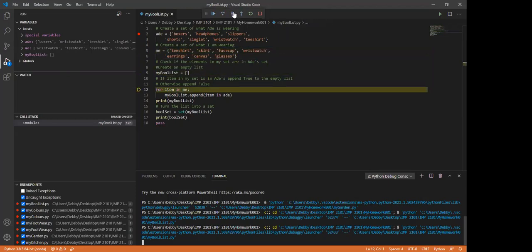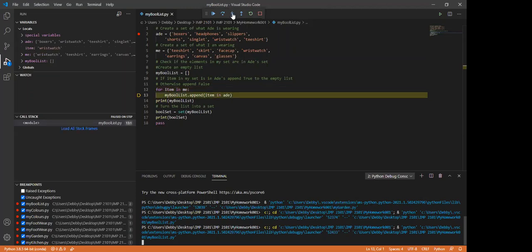Okay, so everyone, are you ready? Let's see if it's wristwatch. Wow, it's wristwatch. So it seems as if you are correct. In fact, check the left-hand side of your screen. Can you see that the arrangement of me here is different from the arrangement of me here? So it's looking as if for item in me, it's working with this arrangement